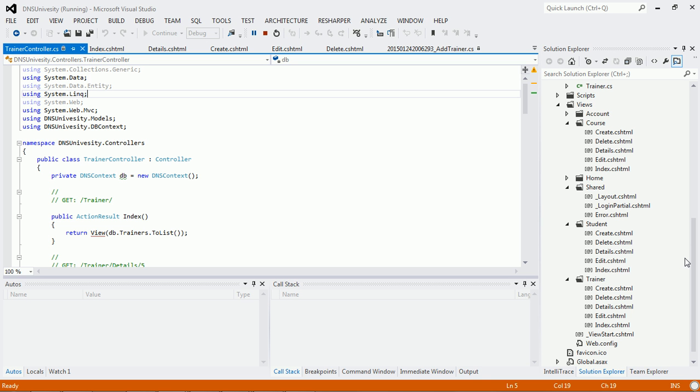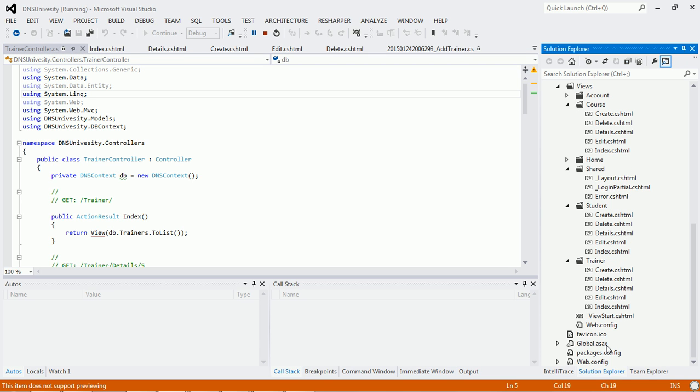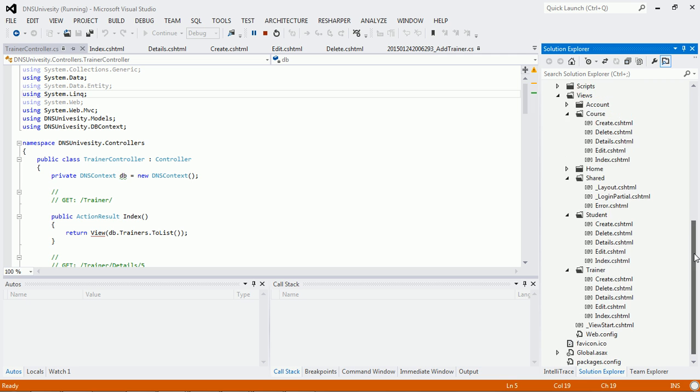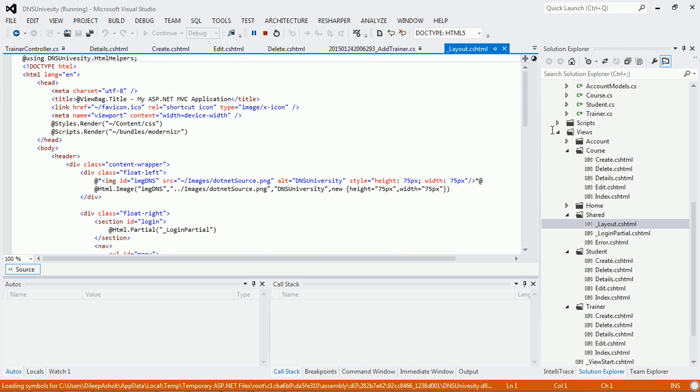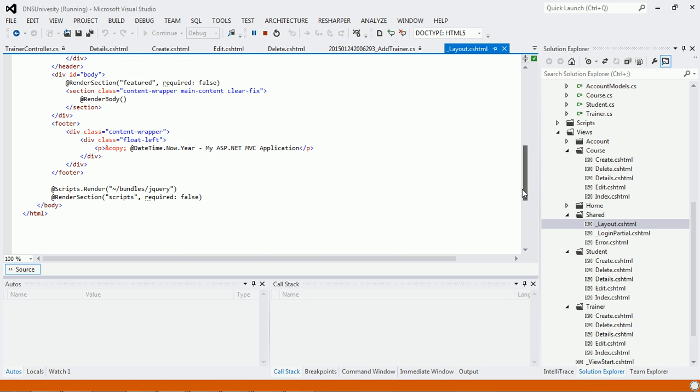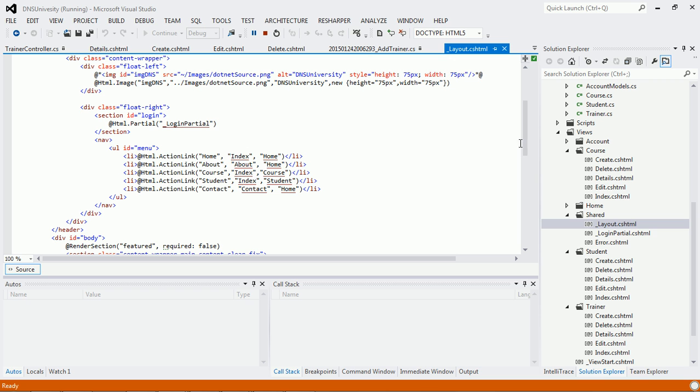Before doing this, we should also add one more tab for trainer. So let's go to the shared folder and open the _Layout.cshtml page. Let me add one tab for trainer.